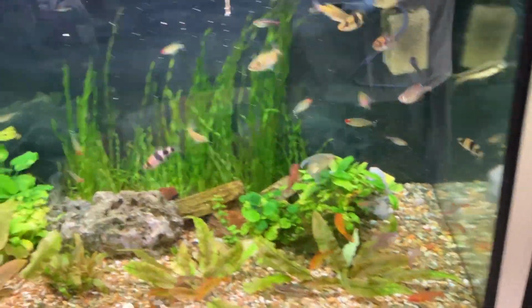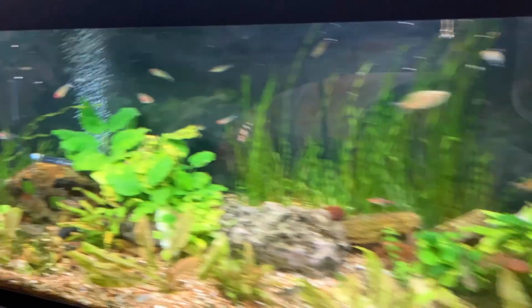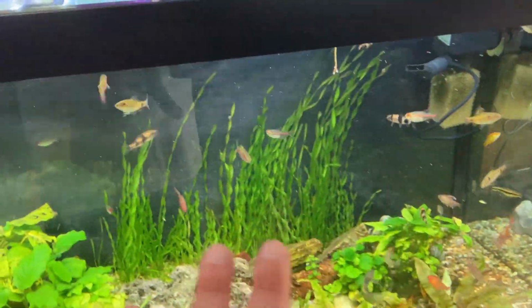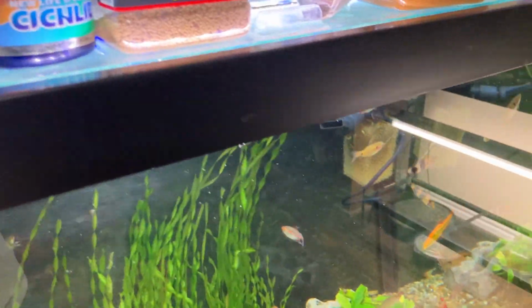Let's see here. I will keep going and then I'll come back to the specialty fish, right? I'll come back to the beef heart and stuff. So we're going to the... okay. I'm actually gonna have to come back and feed these guys some more, believe it or not, because they will suck this down pretty quick. But today,